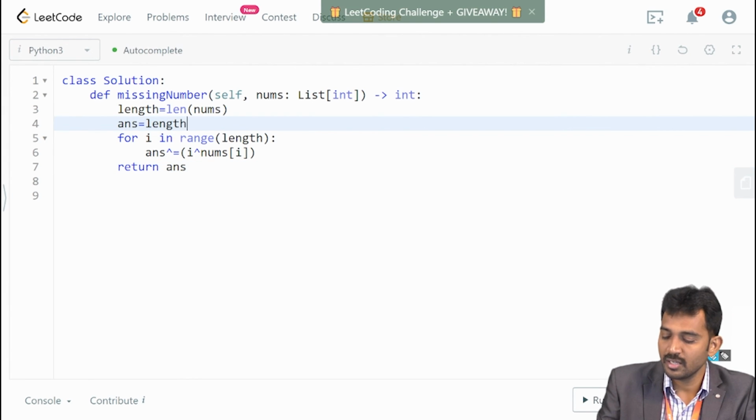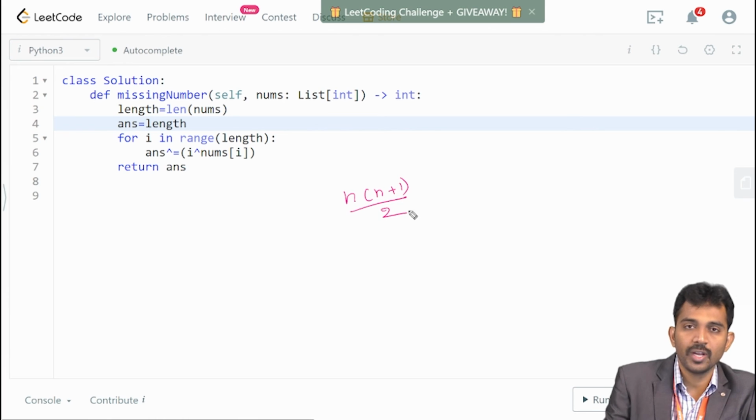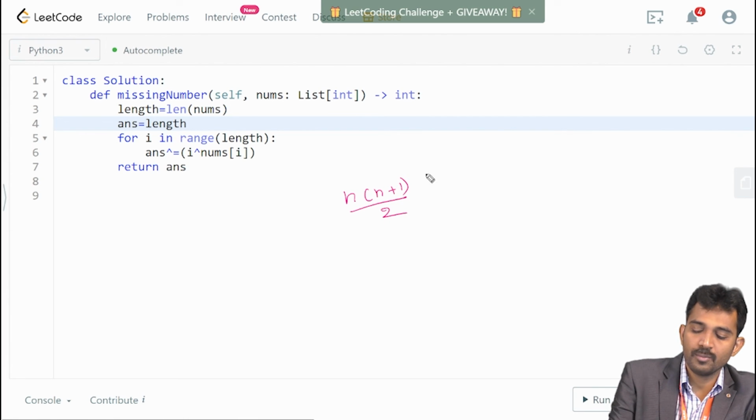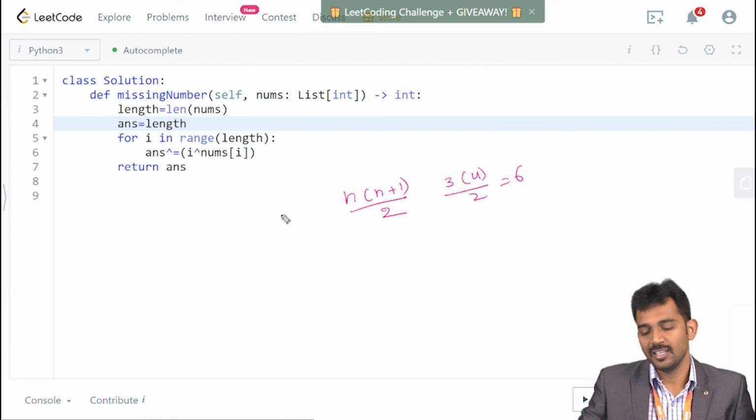What is the formula? It is n into n plus 1 by 2, right? For example, length is 3. Then 3 into 3 plus 1, that is 4, by 2. The result is 6, right? Then I'm going to sum the given elements. If you subtract these two, then I'll get my result.